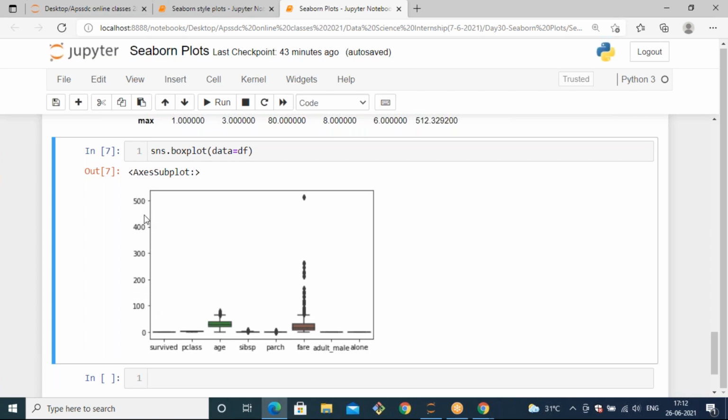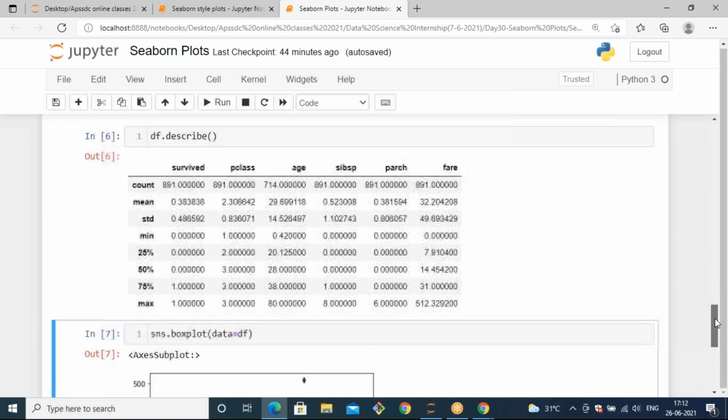And how they're going to generate the axis means based on the distribution of data. So based on the distribution of data values, it will generate the y-axis values. If you consider fare, having a maximum value of something like 550. If you want to see the maximum value in fare, you just go to the statistics. So fare we have here, and the maximum value it has is 512.